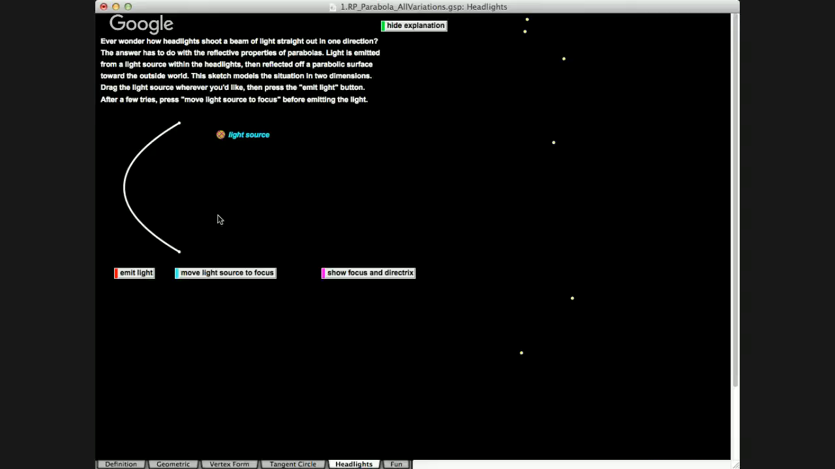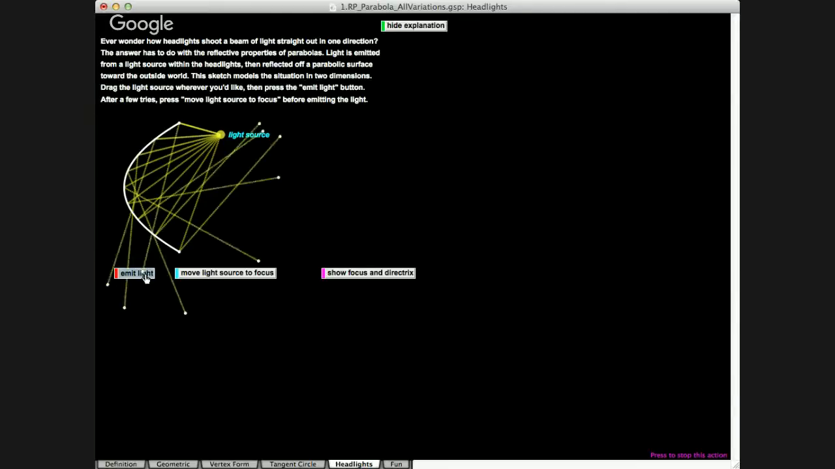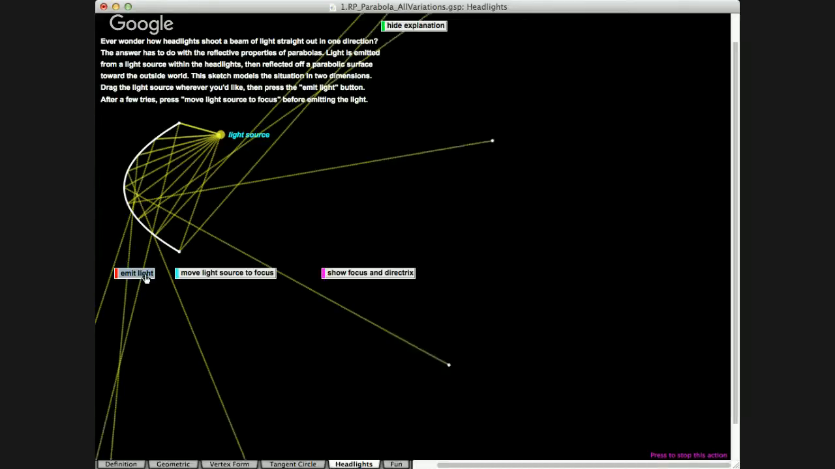Absolutely. So if I have the light source placed at a random space, and I emit light, it is going to scatter all over the place. So think of it as a headlight of your car, and if the light is scattering all over the place, you're not going to be able to see what's in front of you because you don't have an adequate amount of light. It's not focused. So first I'm going to erase the traces, so Command Shift E,